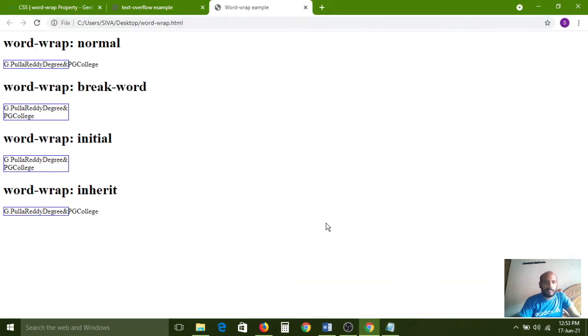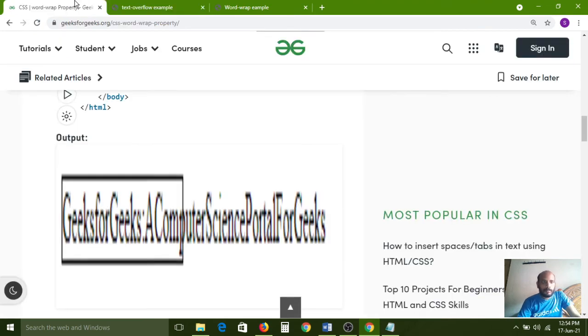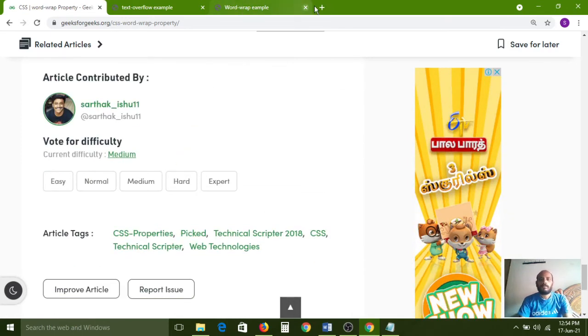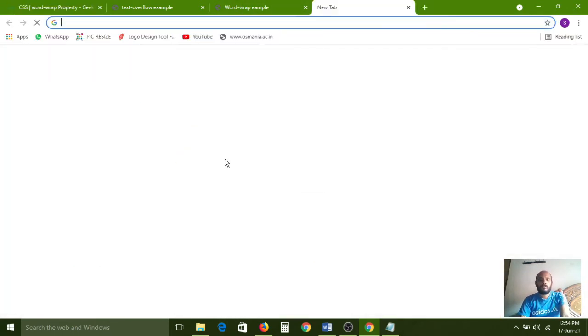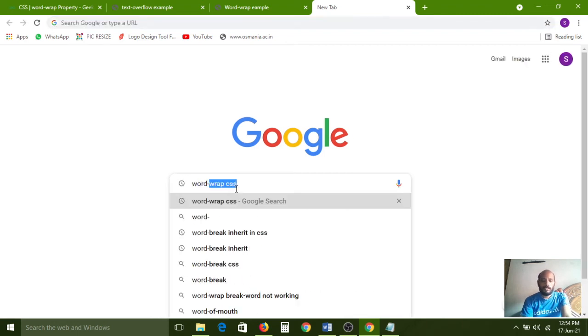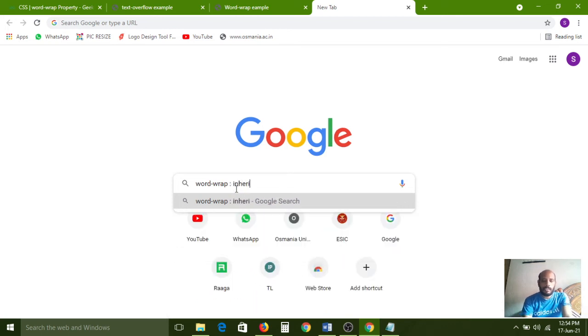Now you'll check. Word hyphen wrap colon inherit in CSS.